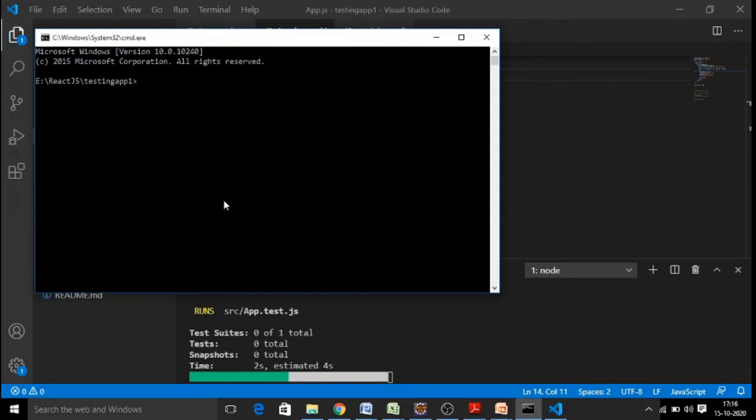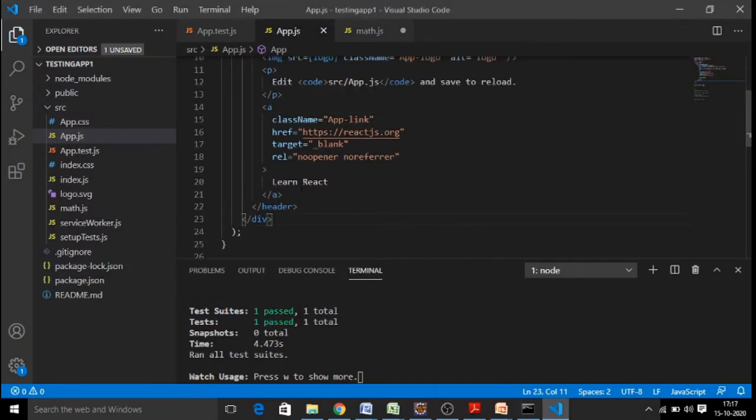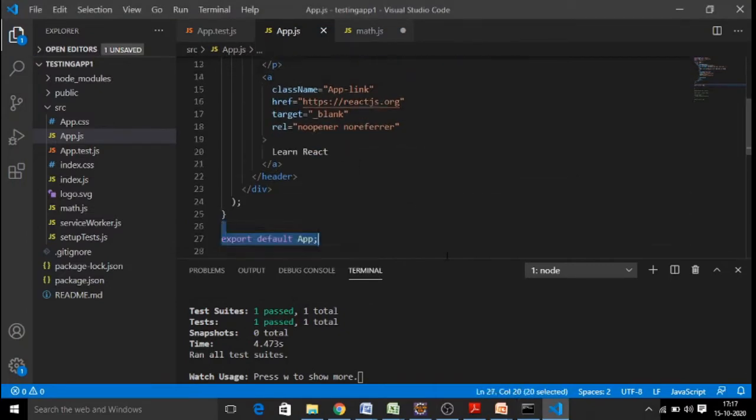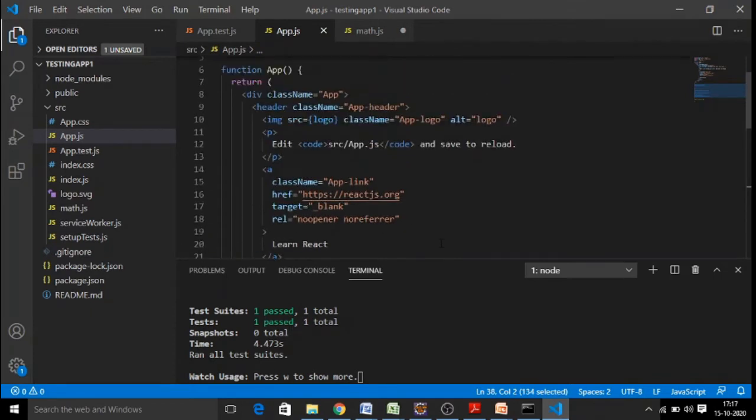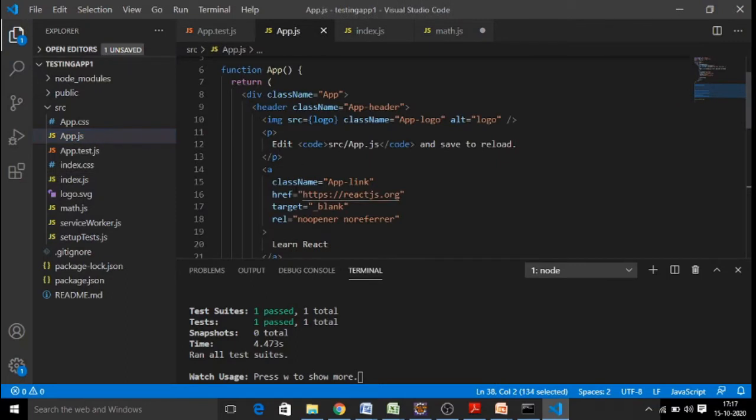First, let me run this application so that we can see the actual response of the React application component, that is the app component. Then afterwards we will look into the test case. This component is supposed to print the word learn React, and it is loaded through your index.js with the app.js file. If you look here, we load the app component. In the app.js, we are expecting the content learn React.